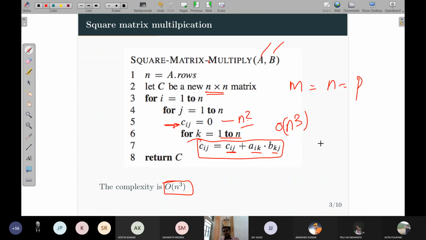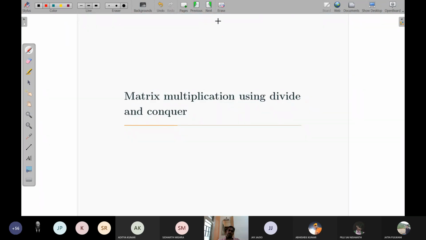Now we are going for a divide and conquer approach for matrix multiplication. Our assumption is that we can reduce the complexity, just like with the maximum and minimum problem, where we reduced the number of comparisons with the application of the divide and conquer strategy. We expect a similar result here. We proceed with the hope that divide and conquer will reduce the complexity to something less than big O of n cube. Let us see how we can do this using the divide and conquer strategy.